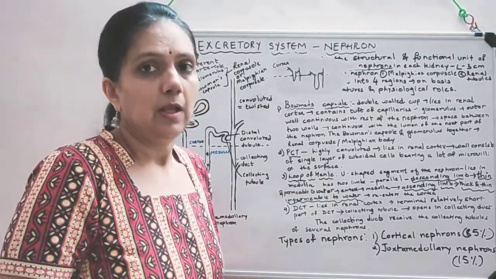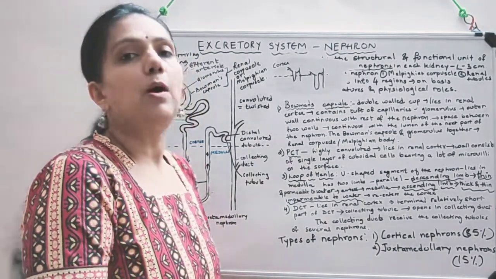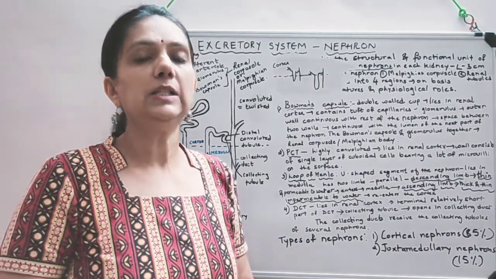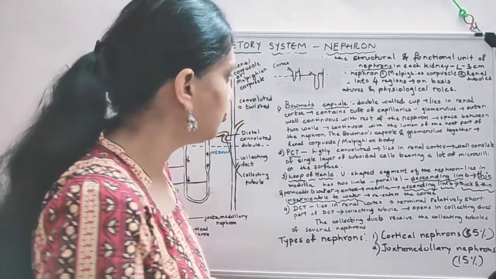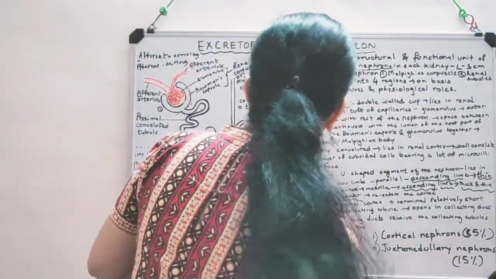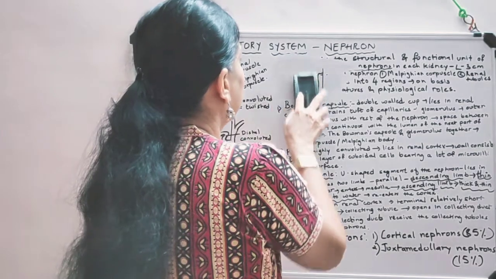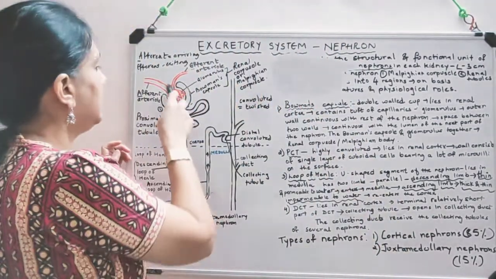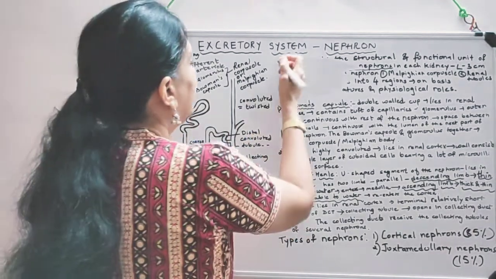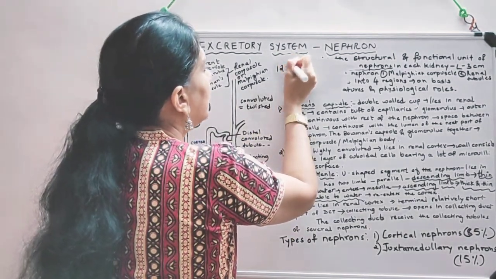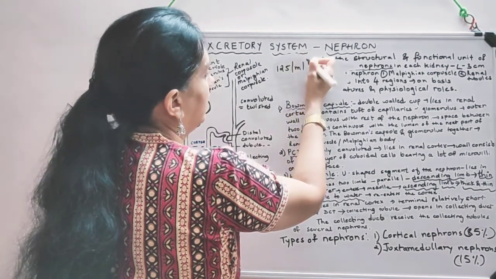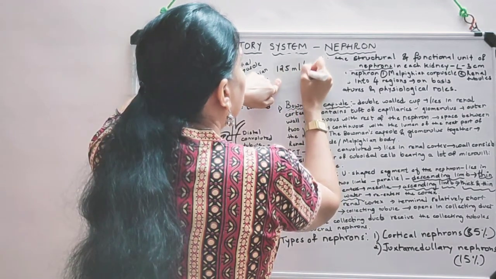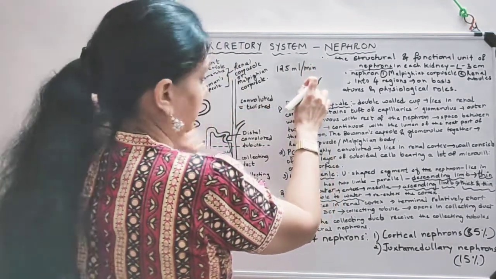and that conserves water in them. Now, about 125 ml of blood per minute is filtered. That amounts to, I would again reframe the sentence, I made a mistake somewhere. The glomerular filtrate, the blood that is entering inside over here, per minute it is 125 ml. This is 125 ml per minute that is filtered.